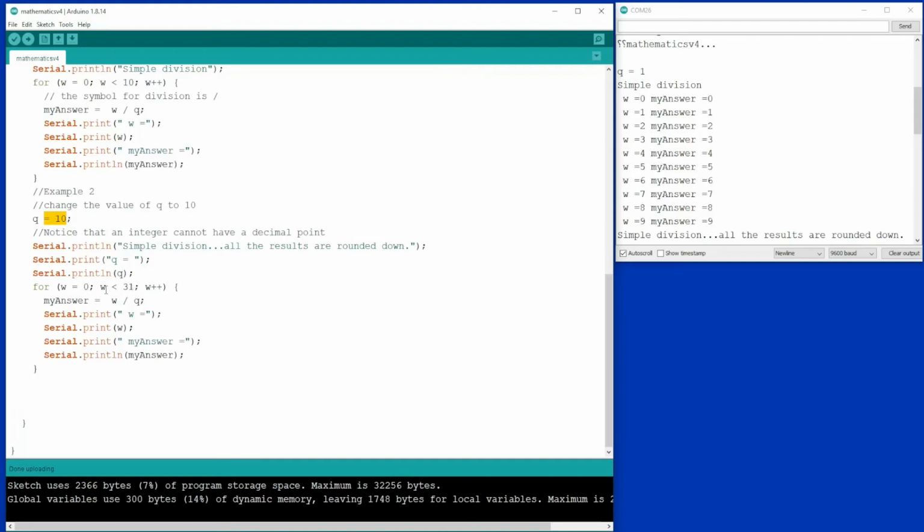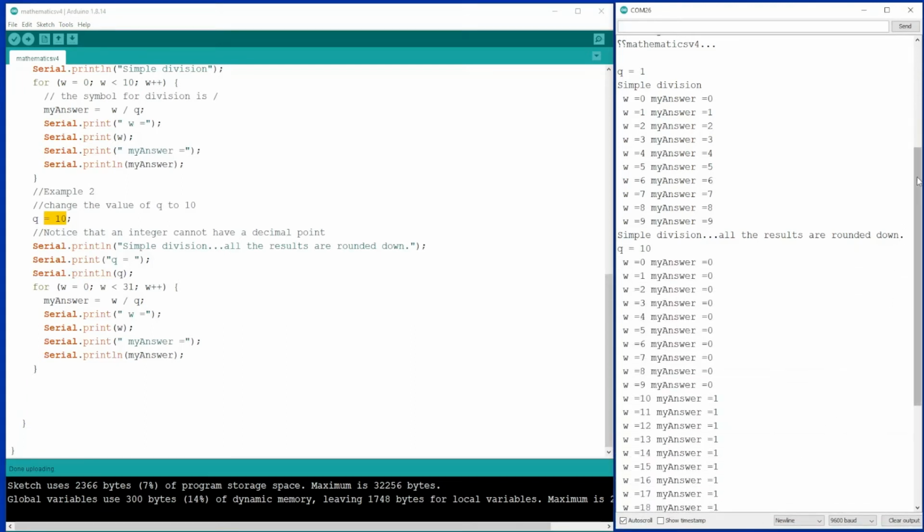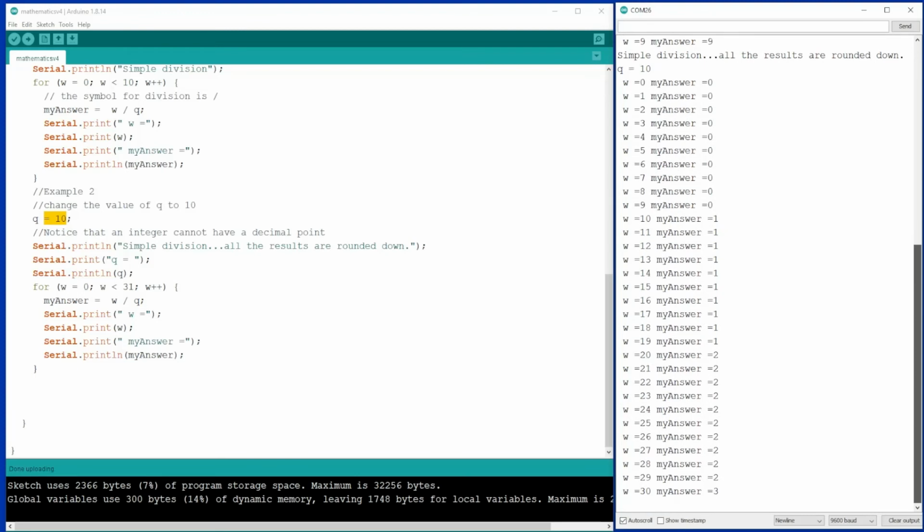So it's going up to a value of 30. I wanted to do that because, as you'll see, it'll give you a little bit better idea of what is going on. So as we look at our results, we see that w, 0 divided by q, so 0 divided by 10, is always going to be 0. But now we've got a thing where 1 divided by 10 equals 0, 2 divided by 10 equals 0, and on it goes until we get to 10, and then 10 divided by 10 equals 1,